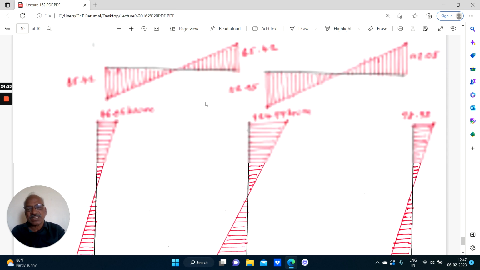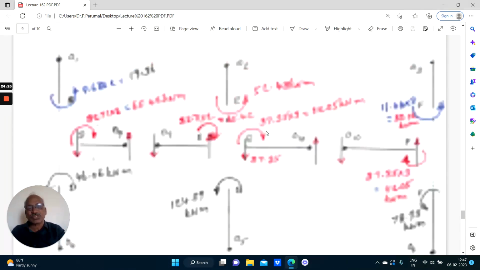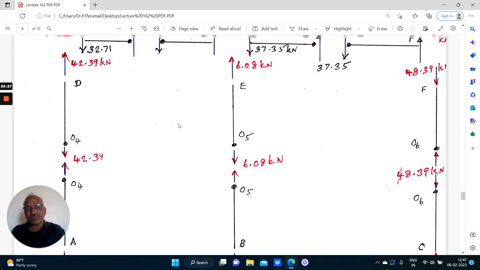These calculations, from the examination point of view, you will have to show. Otherwise, through this figure, you will be able to do all the calculations. So you have to write it. For a field engineer, this calculation need not be shown. But for students, from the examination point of view, you have to show the calculation at joint G. This is the calculation. At joint D, this is the calculation. Very simple, using the equations of equilibrium. So that is about the simplification and also